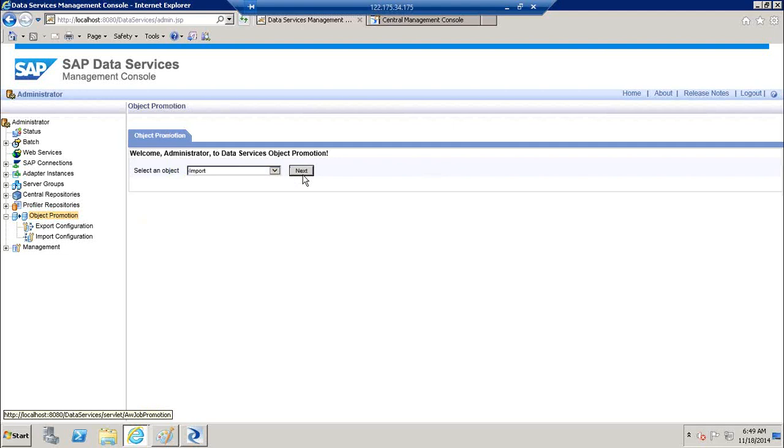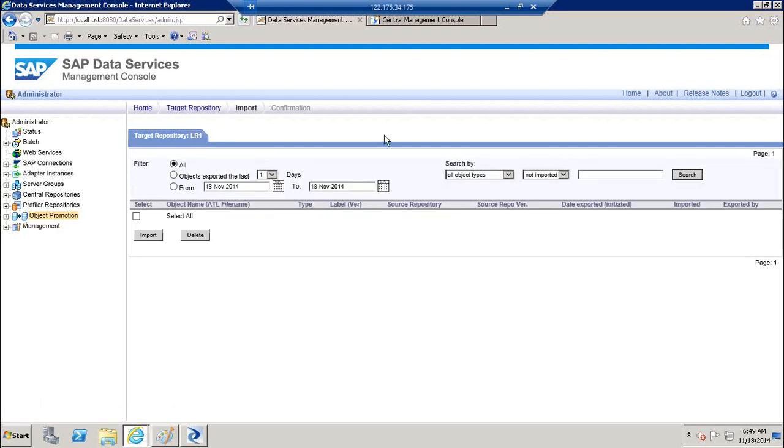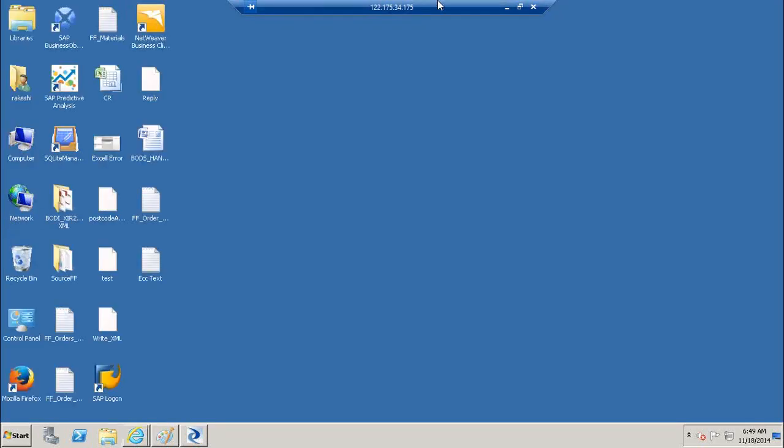You will select the path from your inbound directory. So go for the next. Select which repository, which environment you want to import into, import, and then confirm, and your promotion will be done. So generally when we move all our objects from dev to QA, so we spoke